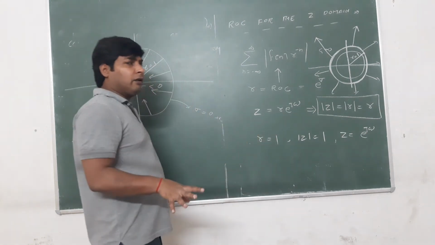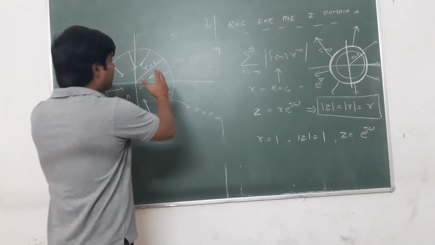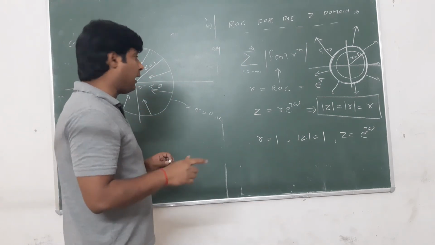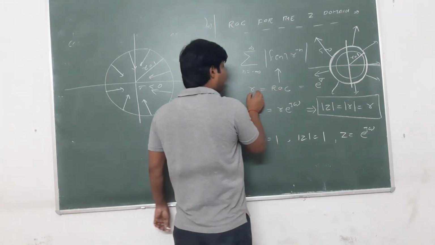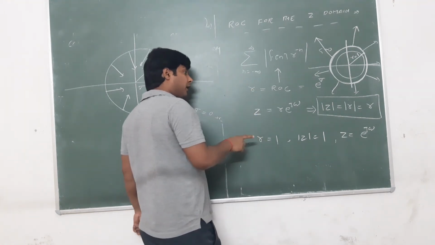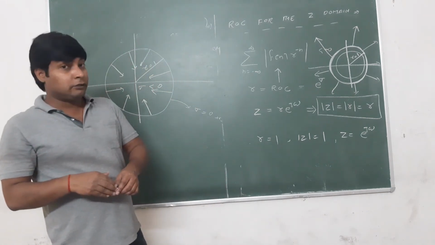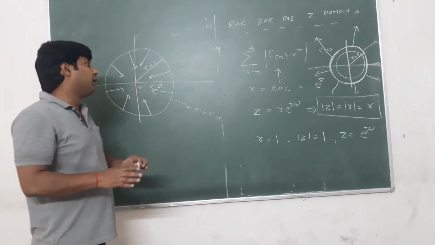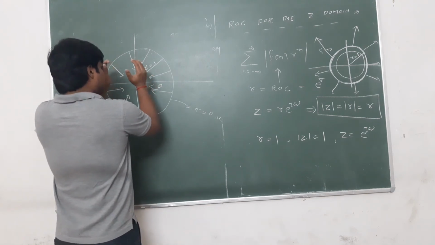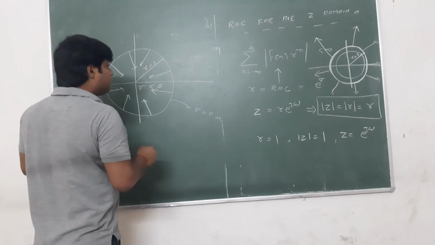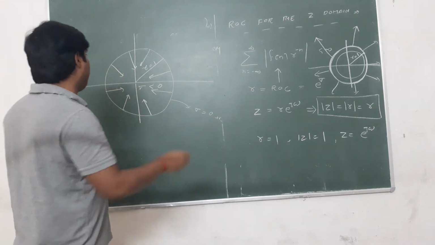if you take any value of sigma which is negative in nature, then the ROC will be inside this unit circle. Why? The ROC will be inside this unit circle because if sigma is less than 0, then the magnitude of r is less than 1, which means the radius of the circle is going to be less than 1, and if the radius is less than 1, then this must exist in this circle. Now if sigma is greater than 0, then the radius of the circle is going to be greater than 1.